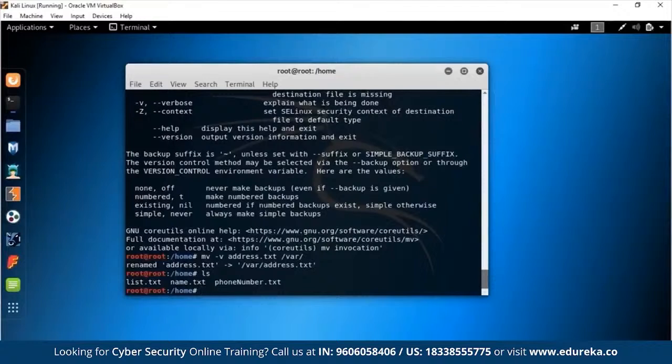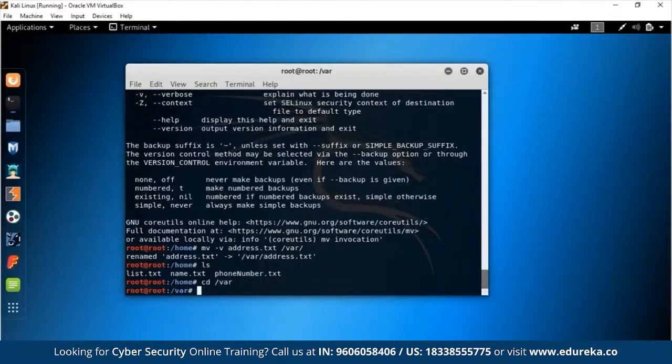I've also been typing out commands that I've previously used, and you can simply toggle through all the commands you've used with the up and down keys. So ls, mv, mv help, cat list. I did cd home, and now I have to go through all this just to prove a point. So cd var, we want to change there. Now we're in the var folder, and we also want to see what we have out here.